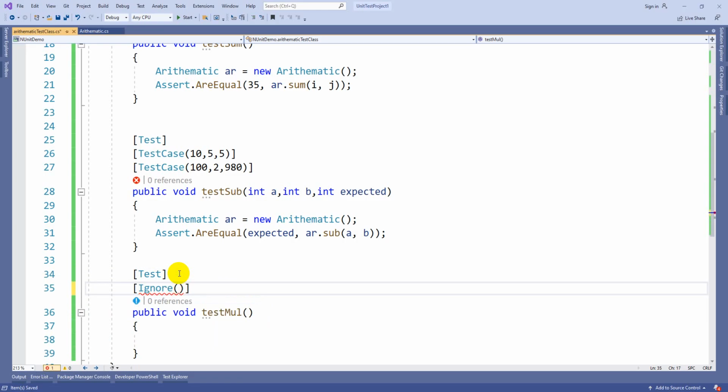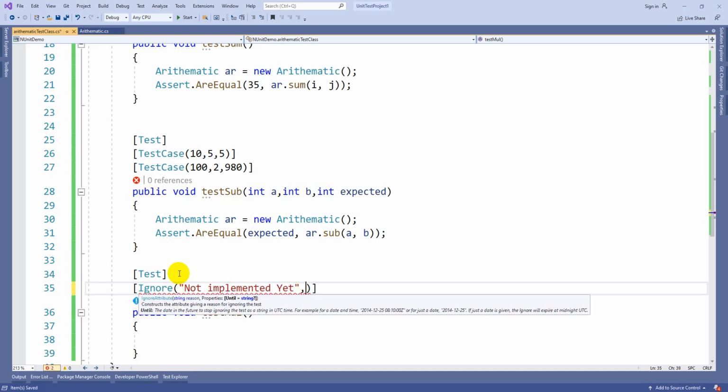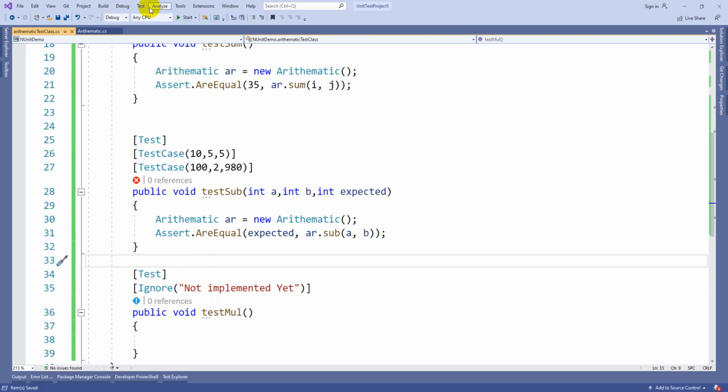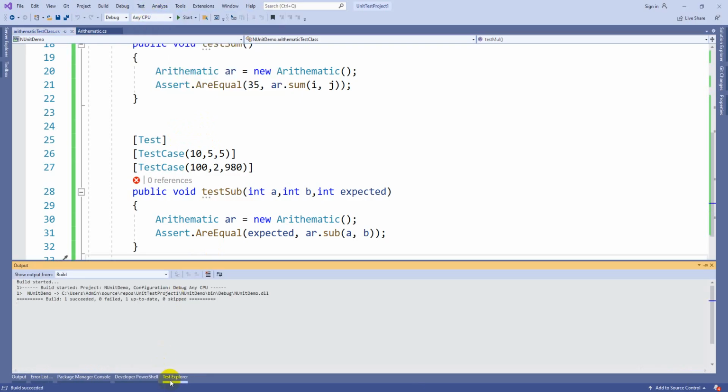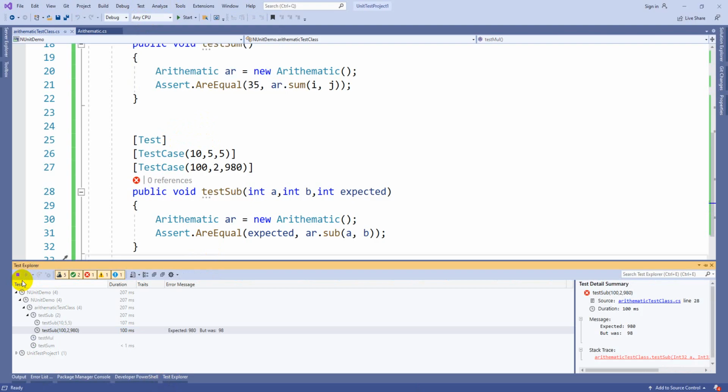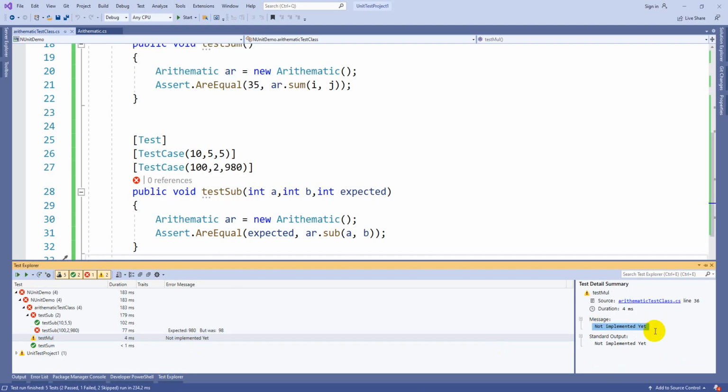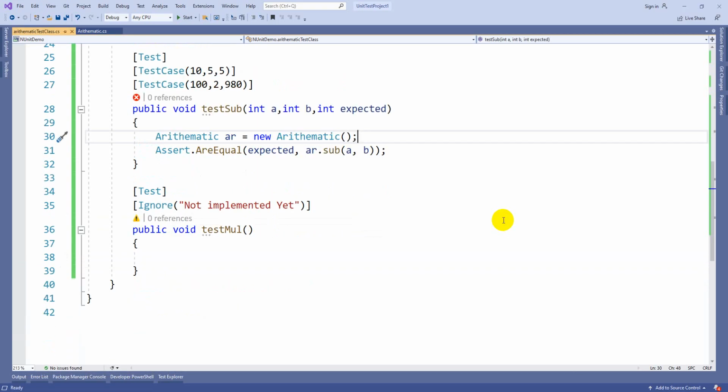Ignore takes two inputs: first, the reason to skip, such as not implemented yet, and till what time you can ignore it. You need to write that, I hope. Otherwise you can execute it as is. Again go to Test Explorer and run all tests, or click this button, anything is fine. You can see the message is not implemented. That is how you can ignore a particular test case method.